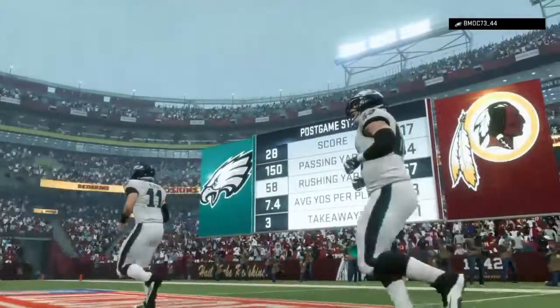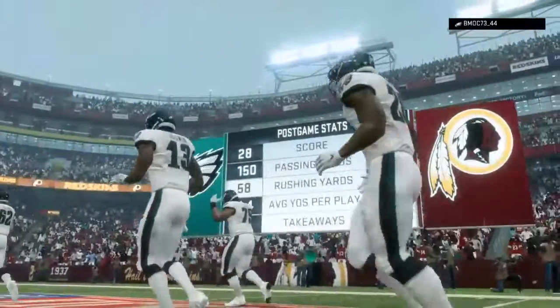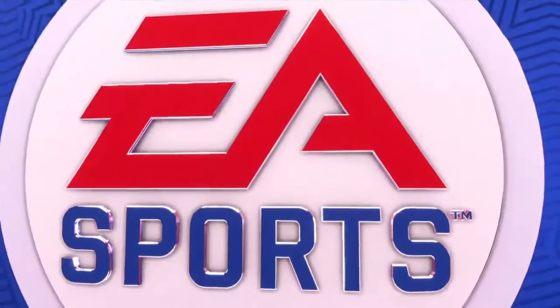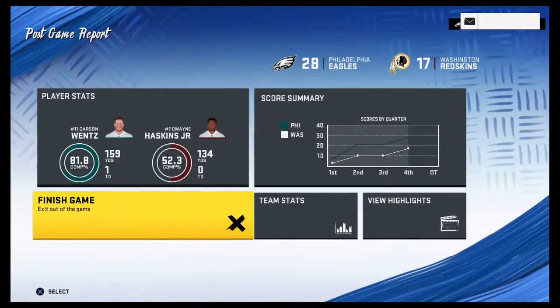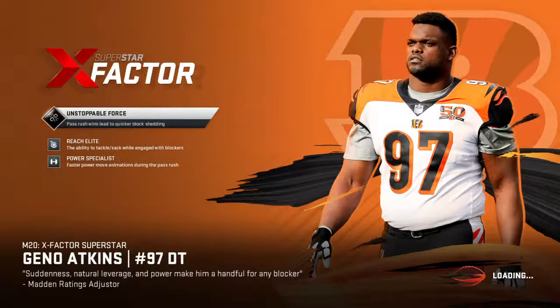So for the Eagles, not much to complain about here. They come in and steal a victory in a tough place to play on a Sunday night. And they will head back home next week. Meanwhile, for Washington, they go down to defeat here in